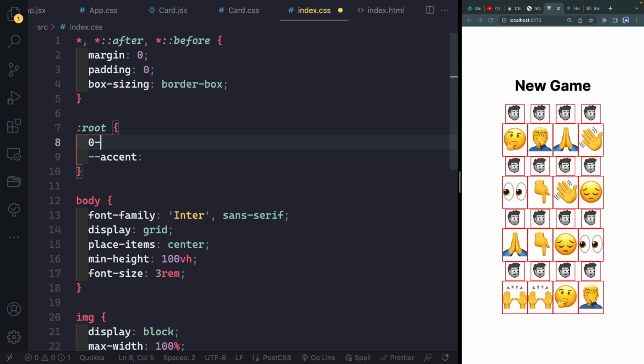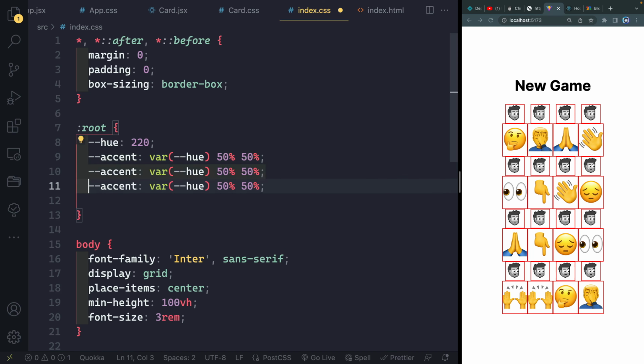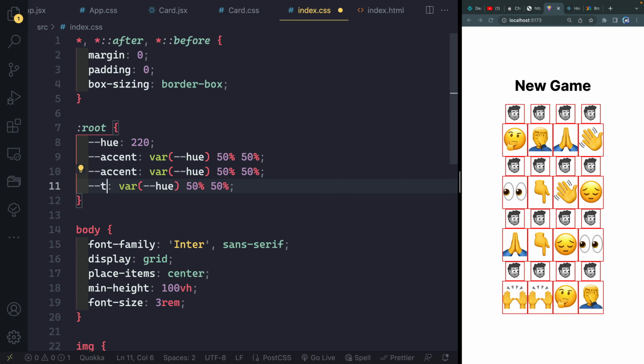I like to typically set these out to where like you have a hue value. We'll set this up to like 220, which is like a bluish color. And then I'll just wrap this. Actually, let's do this. Let's just do var of hue and do 50% and 50%. And then we'll copy this down a couple times and change this out. So we'll have the text color, and we'll make this a little bit more, but only like a 12% lightness. There we go. This will be like 98, and maybe make it a little worse because we'll set this as